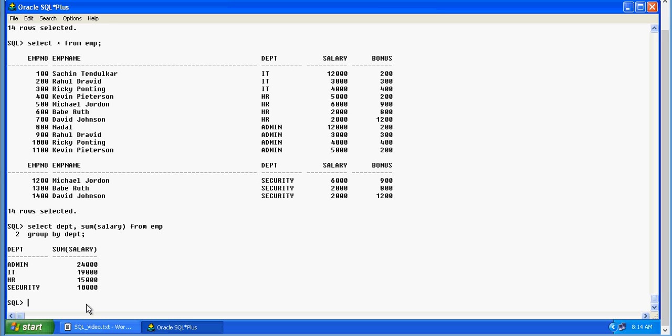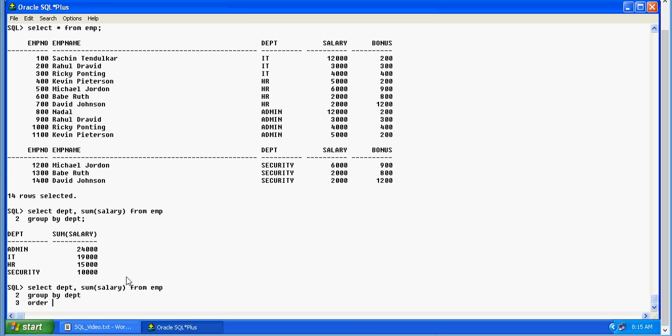Now I want to arrange this in the descending order of department alphabetically. So this is sorted alphabetically. I want to do it the other way around. So the same statement, I'm going to write the same statement. Select department, sum of salary from EMP, group by department, and order by department DESC, which is descending.